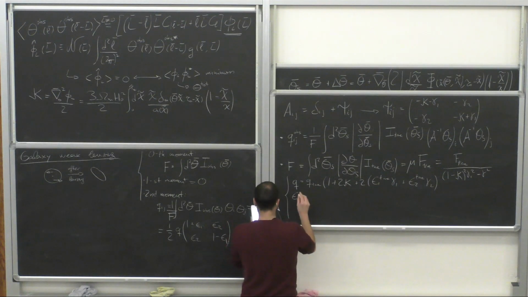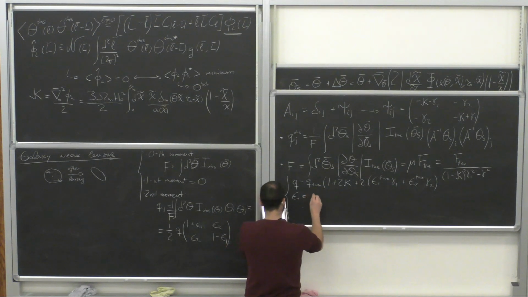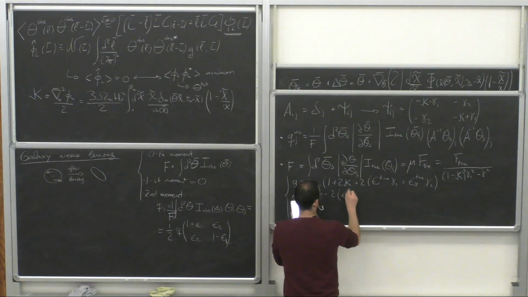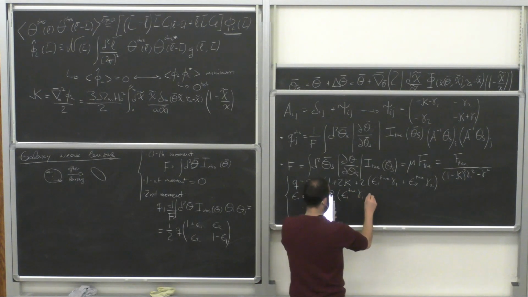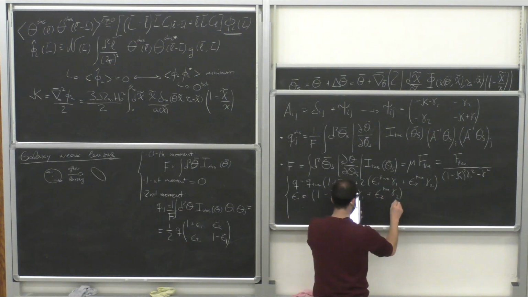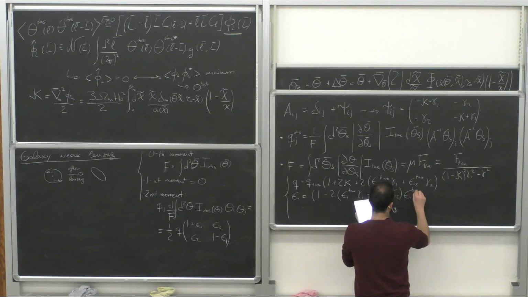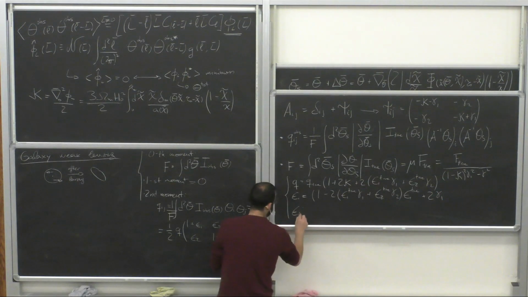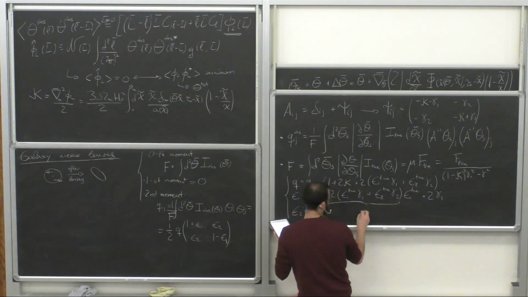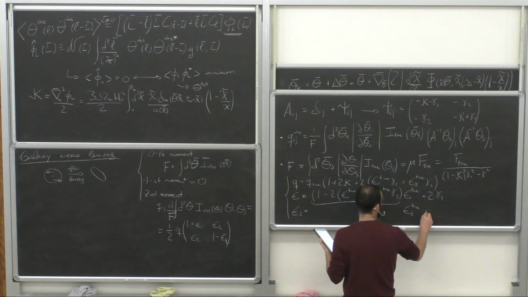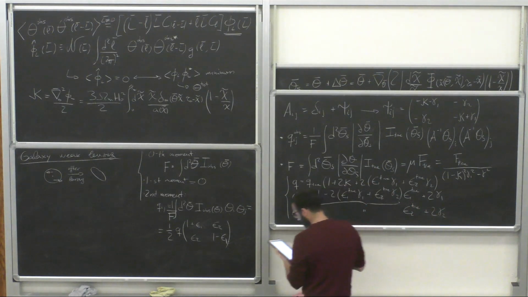The observed epsilon 1 is 1 minus 2 times the true epsilon 1 times gamma 1 plus the true epsilon 2 times gamma 2, all multiplied by epsilon 1 true, plus 2 gamma 1. And for epsilon 2, we have this same factor here, but multiplied by epsilon 2 true instead of 1, plus 2 gamma 2.